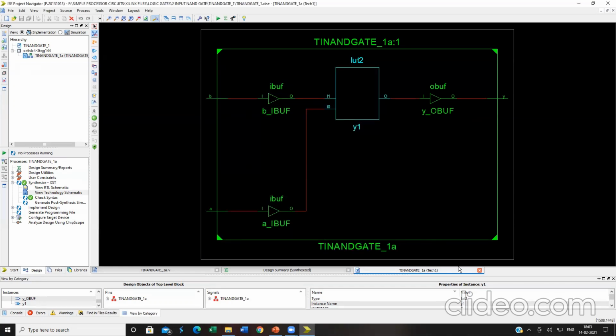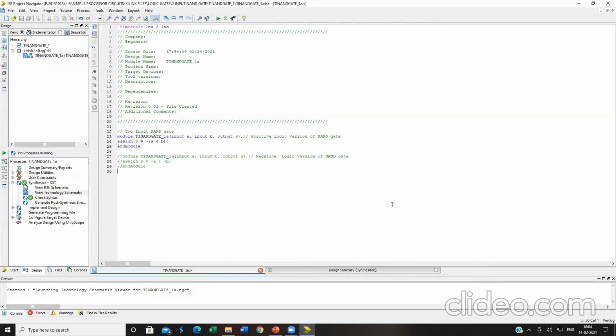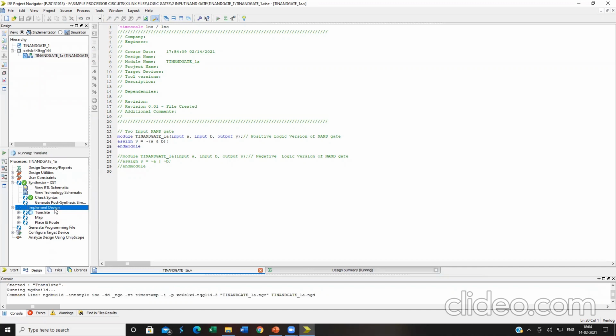Okay, now let's close this. Now we have ensured that our program is syntactically correct. Now there is another option called implement design. These three options are very important if you want to port the program into the FPGA board, which we will see in the upcoming videos. Kindly click on implement design.